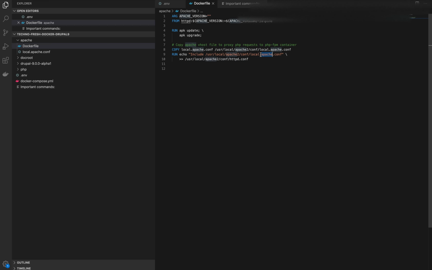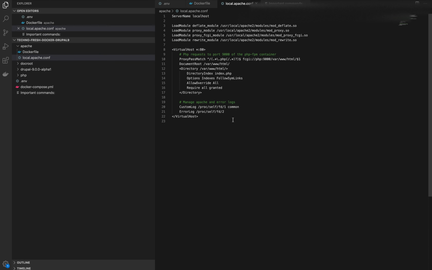So where is this file? This file I have also provided locally as apache.config. These are the important configurations needed for Drupal to run, or any index.php to run. You can Google them to know the default configuration of Apache to run index.php. So this is just the index.php I'm calling.